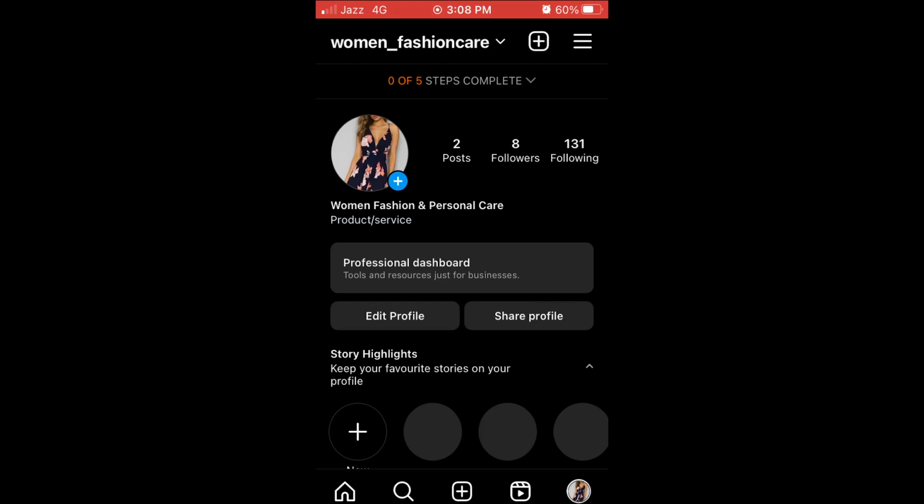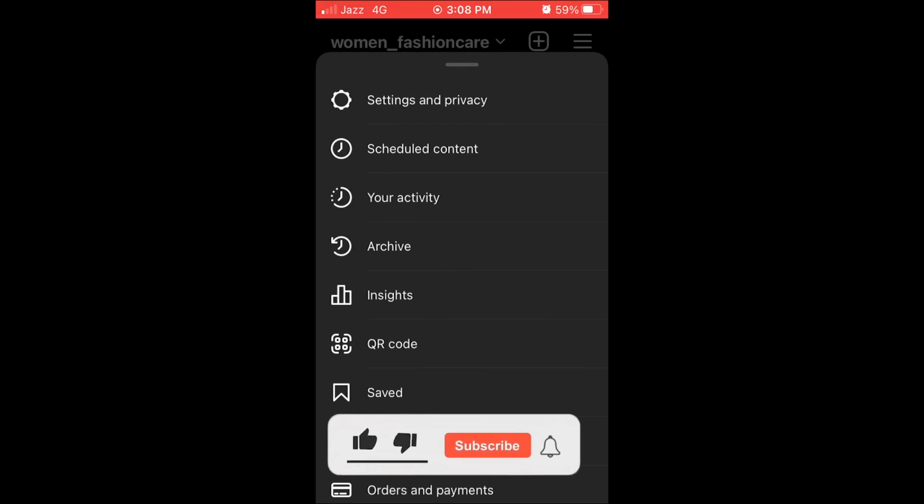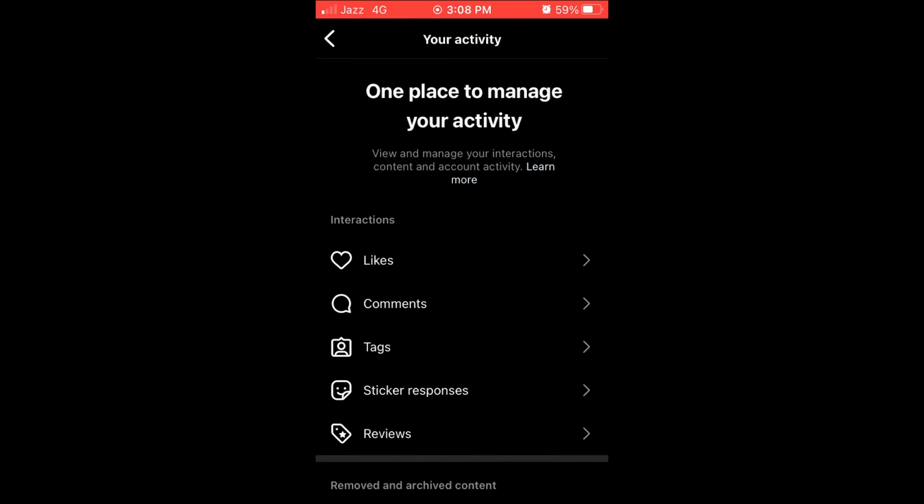and now in the profile you have to tap on the triple bars which are on the top side along with the plus icon. Alright, so now you can see this menu, and now you have to tap on your activity. So in your activity, as you can see the likes option, you have to tap on that,